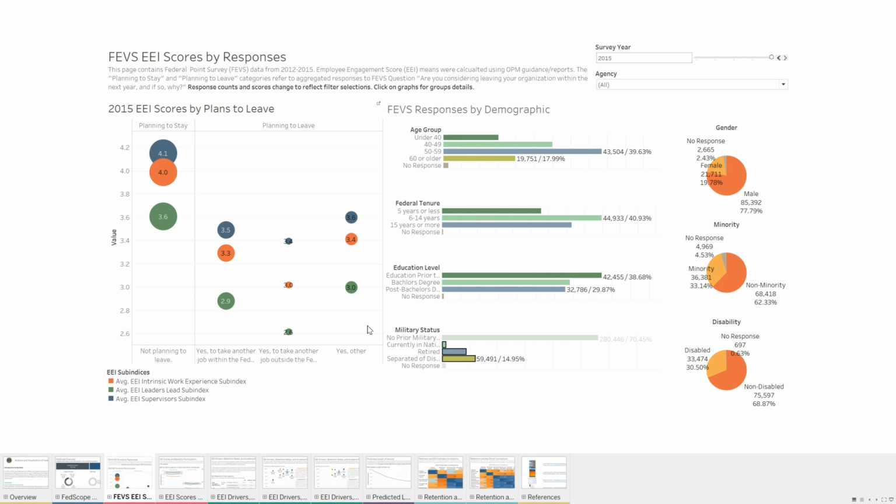The majority might also be looking for some help with education. We see that most of them have a bachelor's degree or less. So this also opens up another discussion about internal training and educational benefits. Do we have these programs? Are they robust enough? Are they offering the types of courses that people are looking for? We'll probably want to look into communication about these programs if we have them, making sure that we're targeting our vets, our military folks. This is a way to identify the fact that they might be interested in this information. We want to make sure that people are aware of their educational opportunities.